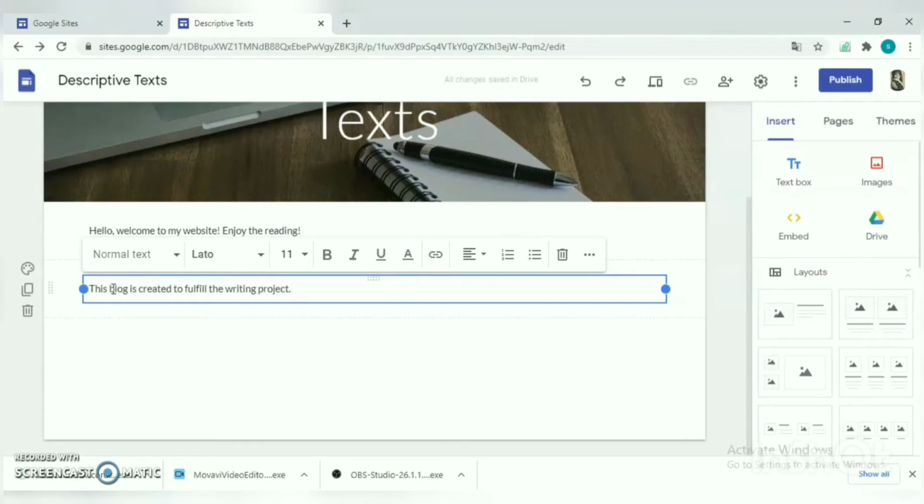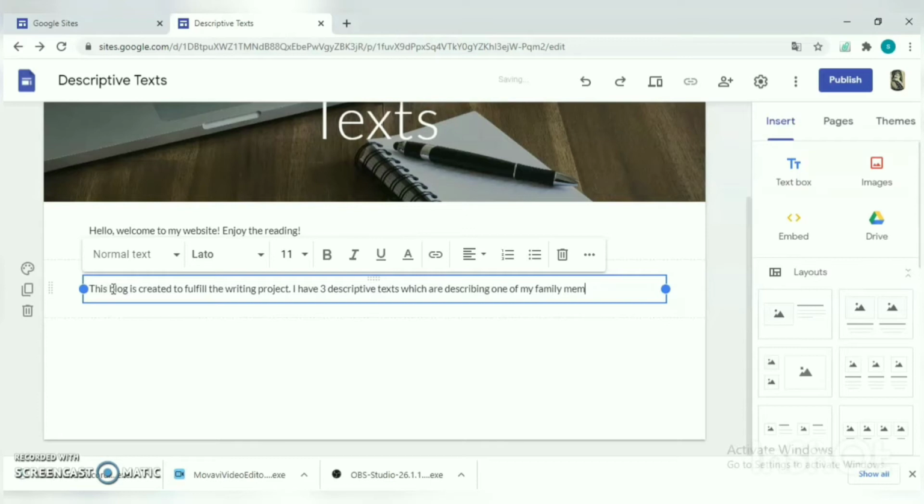So I have 3 descriptive text, for example, which are describing one of my family member,